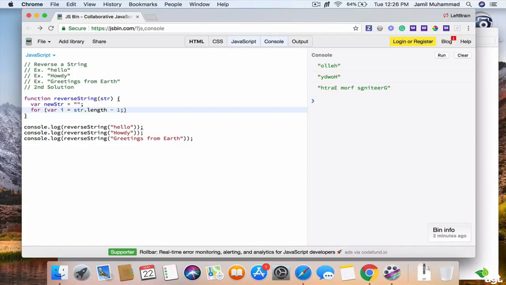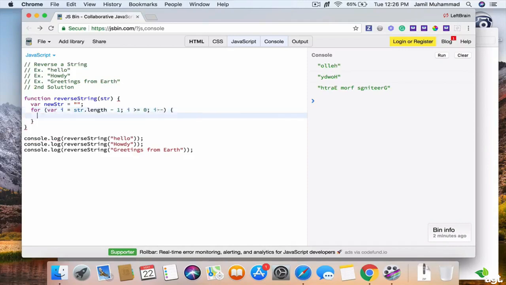So initialize to the length of the string minus 1, and then i is going to be greater than or equal to 0, and then i will be decremented by 1,